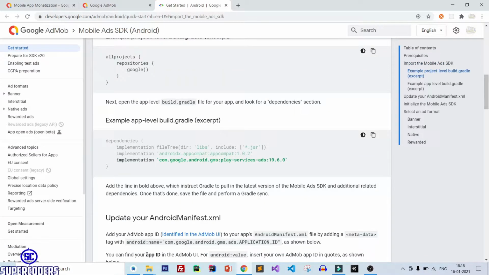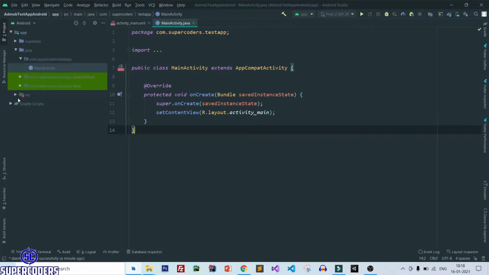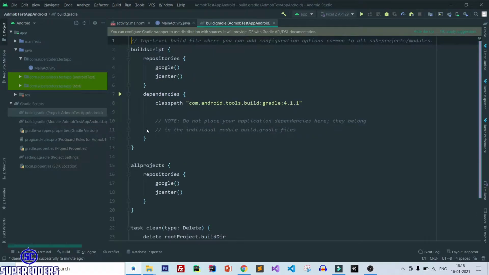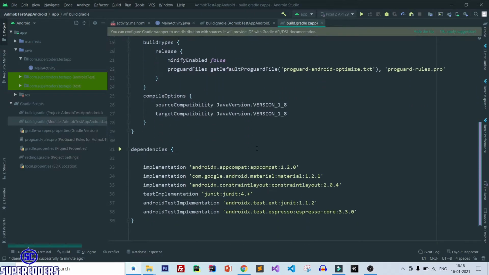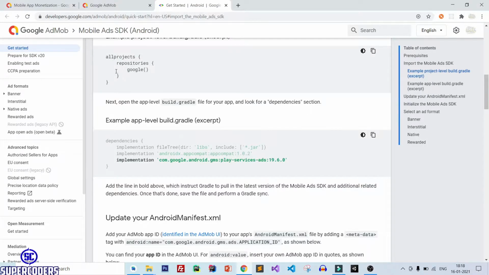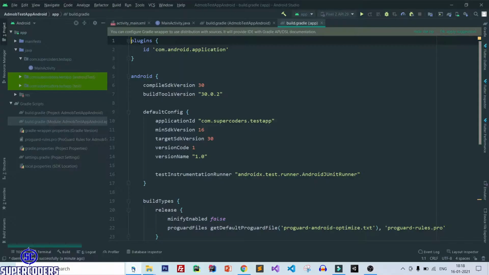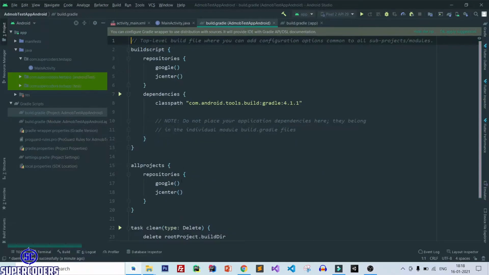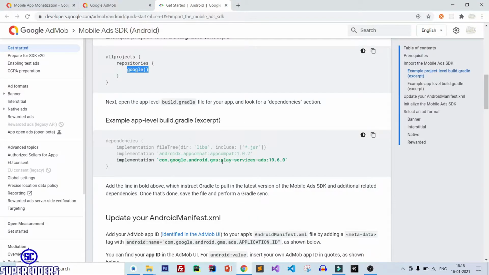So let's see. Back to Android Studio. First come to Gradle script. Click on build.gradle. After that, here if you see, first you need to add the Google repository. So if you check the repository, you can see Google is already there. Now the next step is to add the AdMob SDK in your project.